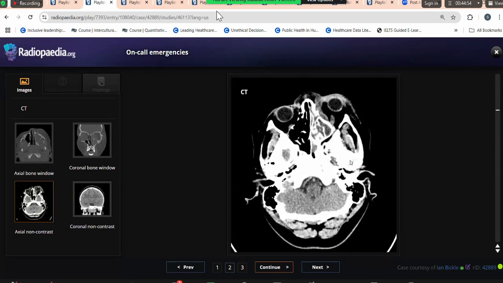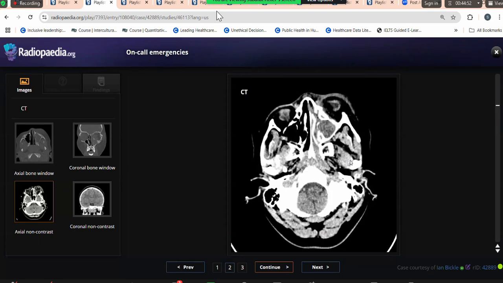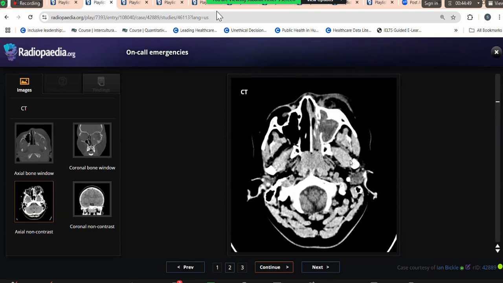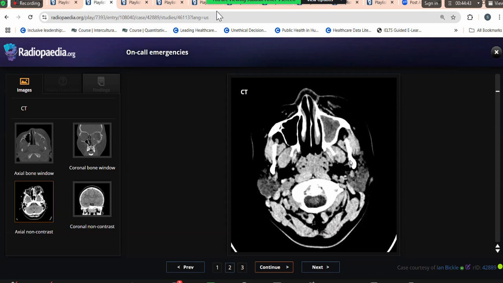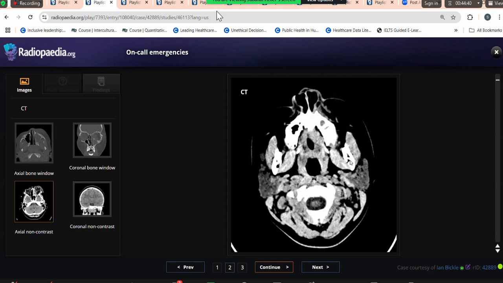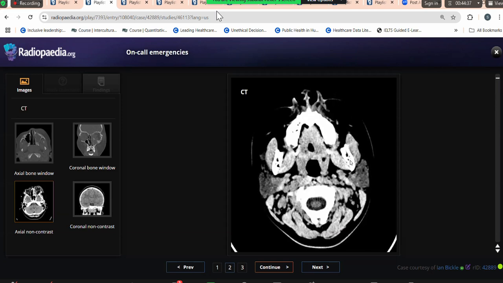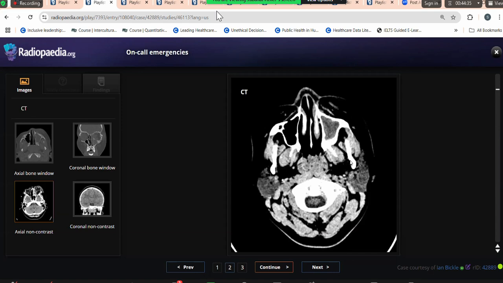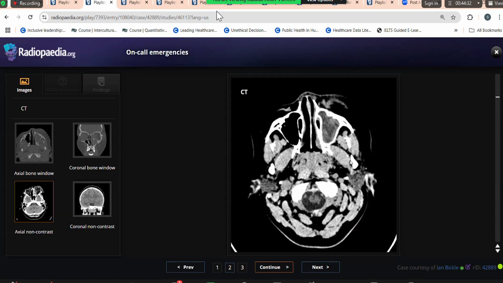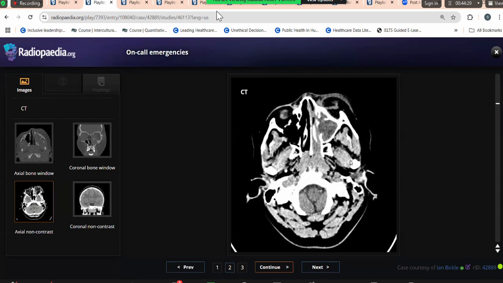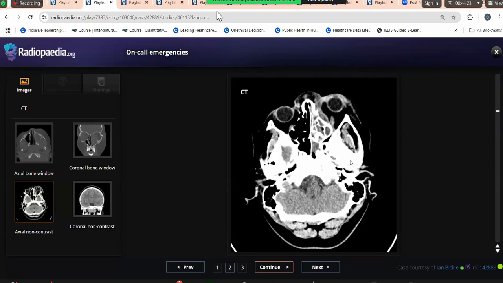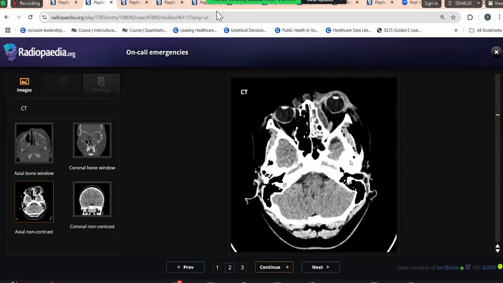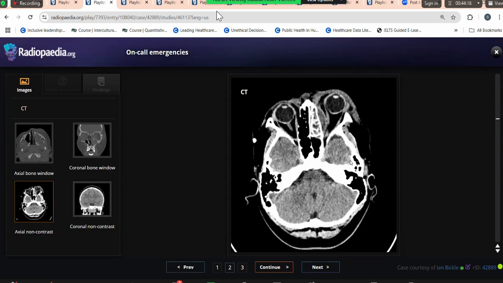a well-defined area at the medial aspect, and I can see that there is also abnormality involving the left maxillary sinus that has been opacified. So there is opacification of the left maxillary sinus, and that opacification is also extending to the region of the maxillary ostium and also left ethmoid air cells. And there is an abnormal area at the medial aspect in the extraconal location in the left orbit, and it